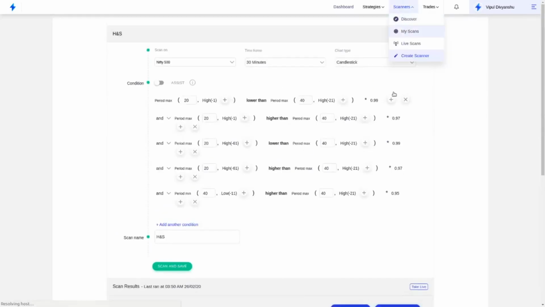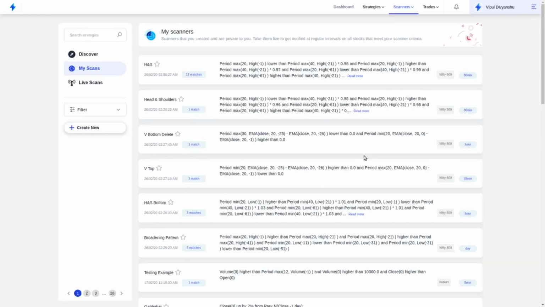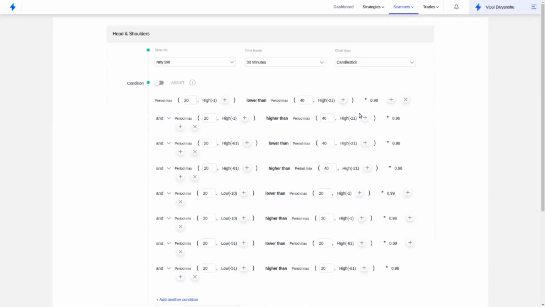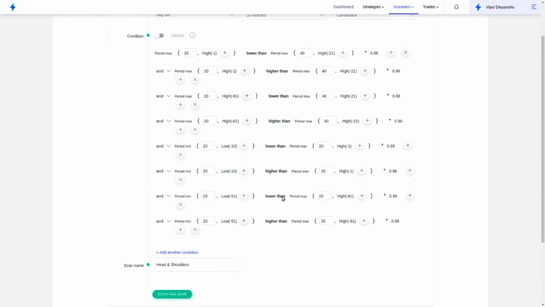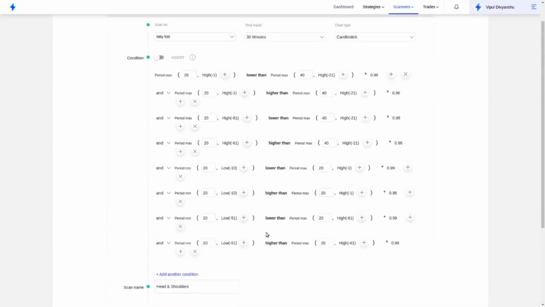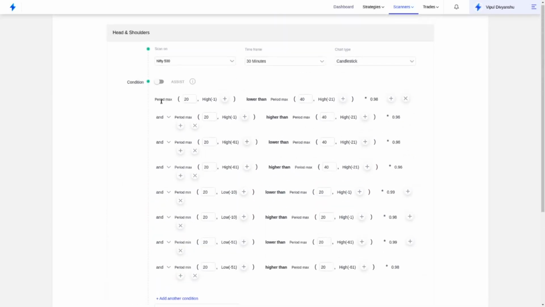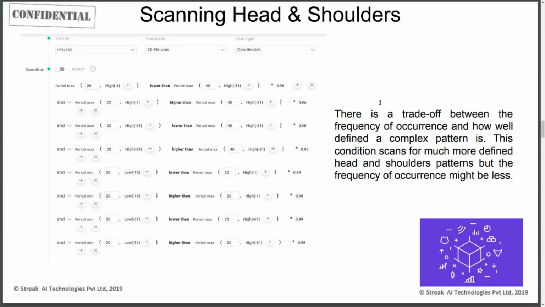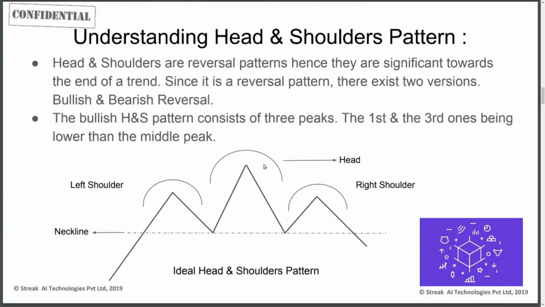So let me just go to my scanners here and open that up. I think it's this one. Yes, this is the head and shoulder scanner again, and it has the same conditions as before. It's just that instead of saying that the right shoulder should be within 1% range of the head,